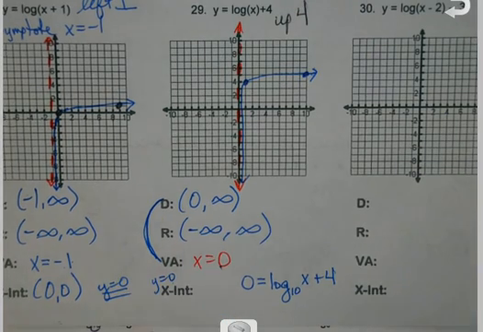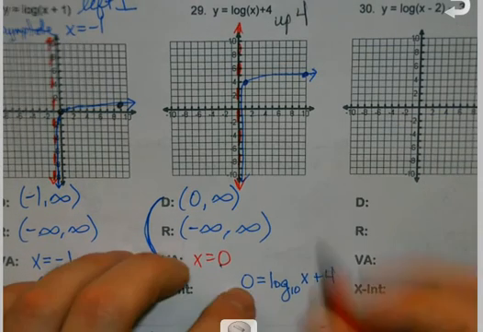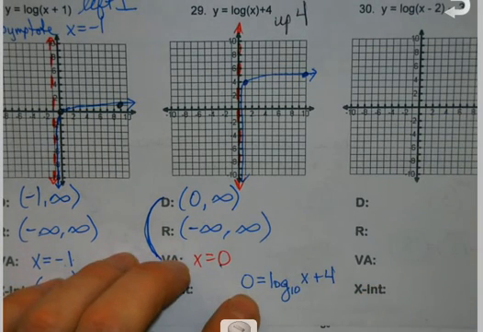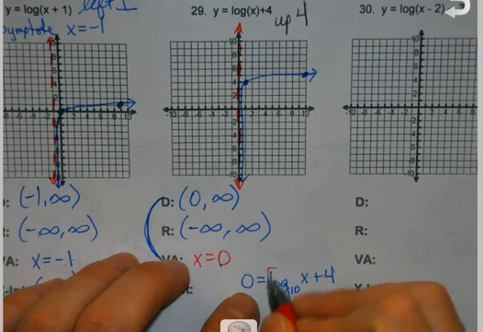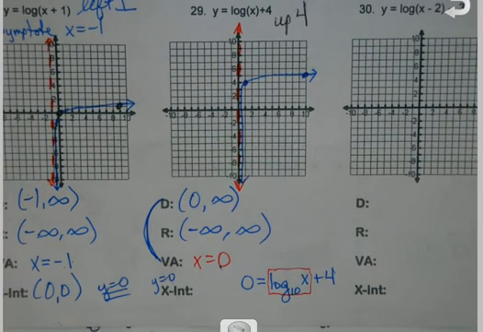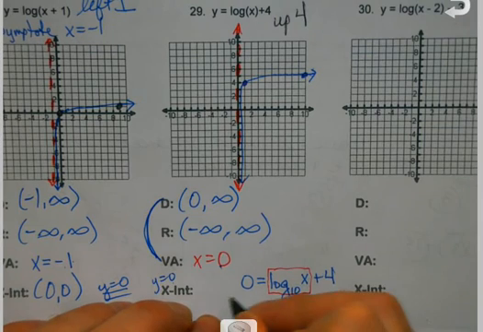So, first job. Before we do that, we have to make sure we isolate our log term before we exponentiate. So we're going to subtract the 4 first. That's going to be my first job. So if I subtract 4 from both sides,